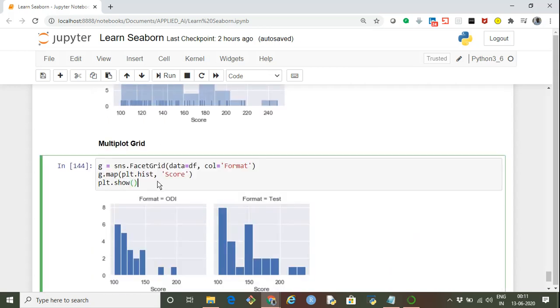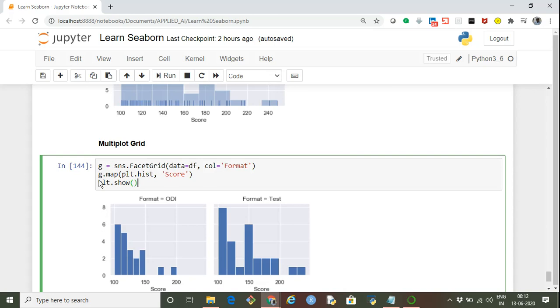Another way to create a multi-grid plot in Seaborn is by using sns.FacetGrid. The way it works is we say sns.FacetGrid. We specify the data coming from which data frame, and if we want charts to be distributed based on a specific column, we specify that column, and we capture this output in a variable g.